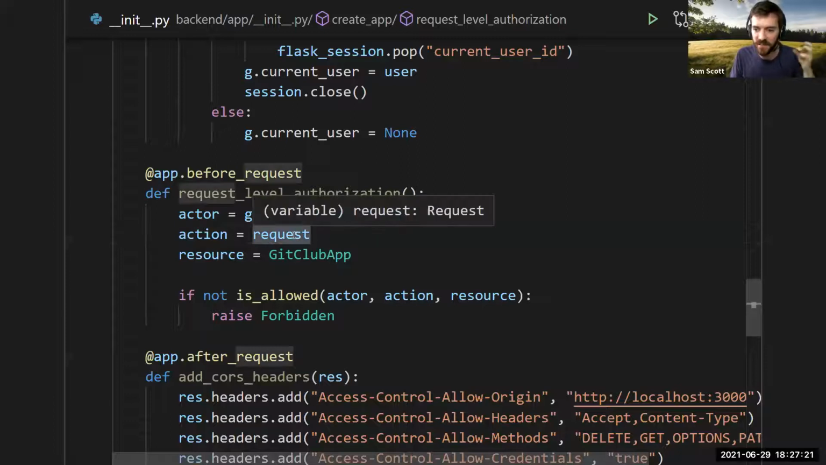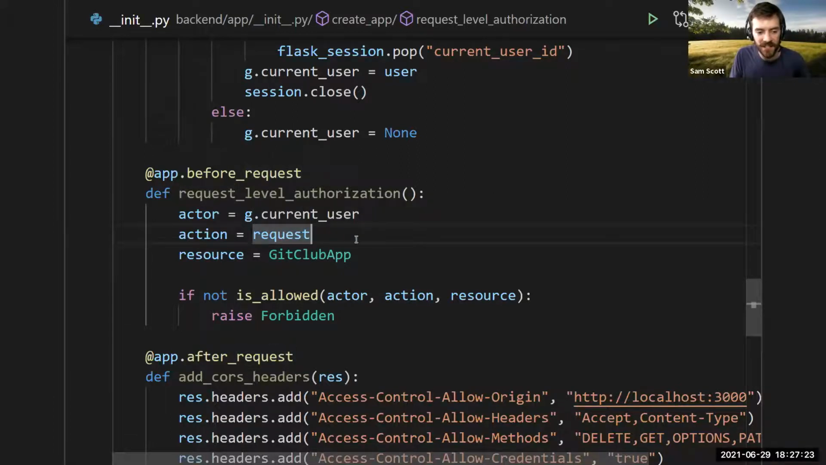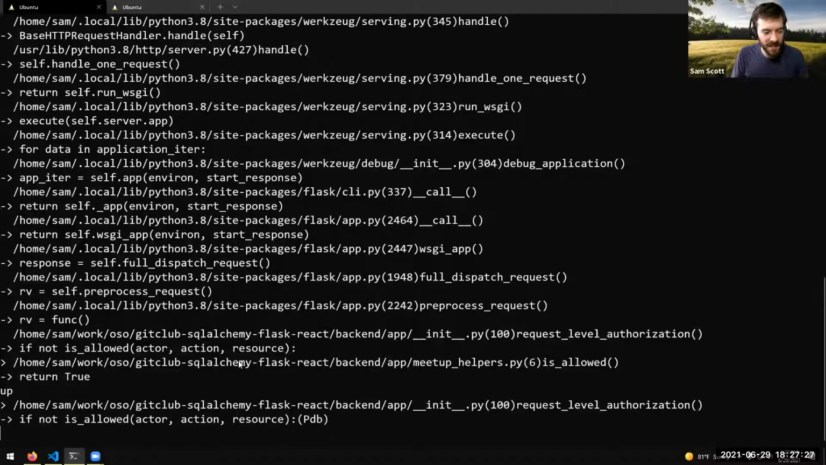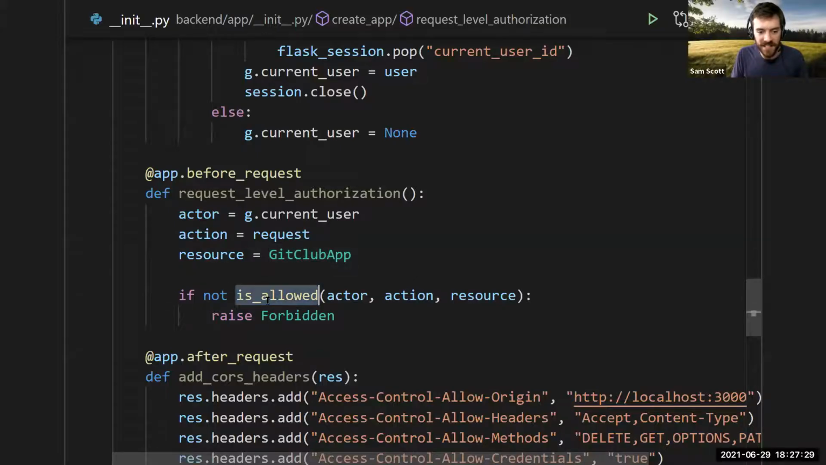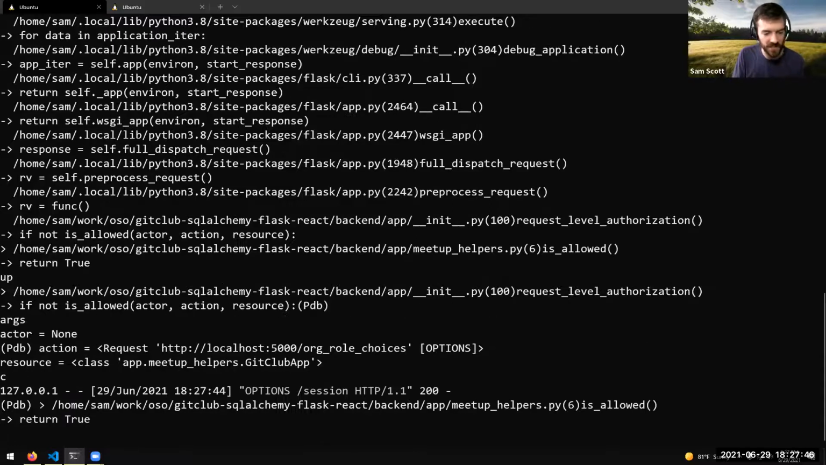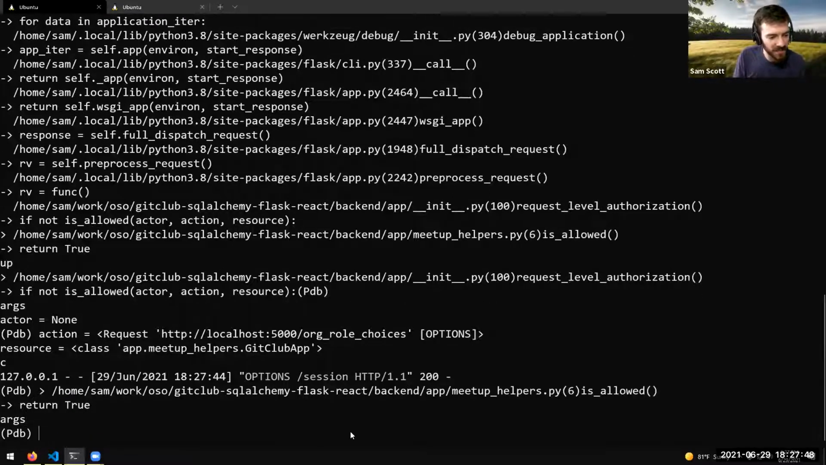So this is pulling it from the Flask context variable, and they're trying to do it to the GitClub application. In my handler, I'm asking is_allowed, and that's what I'm breaking on at this point. I can print the args out and see that the user is none, the action in this case is a request to some options endpoint, and the resource is the GitClub app. Okay, continue through, and I can see there's a bunch of different...